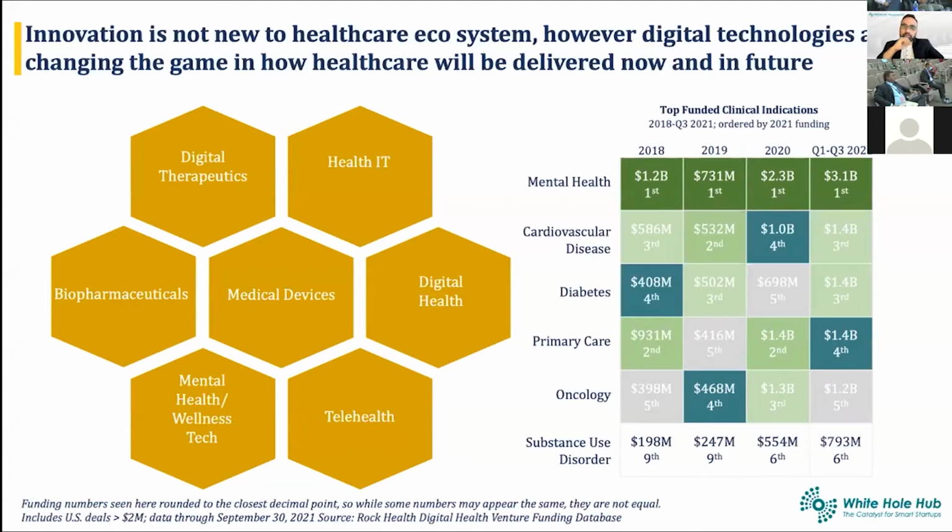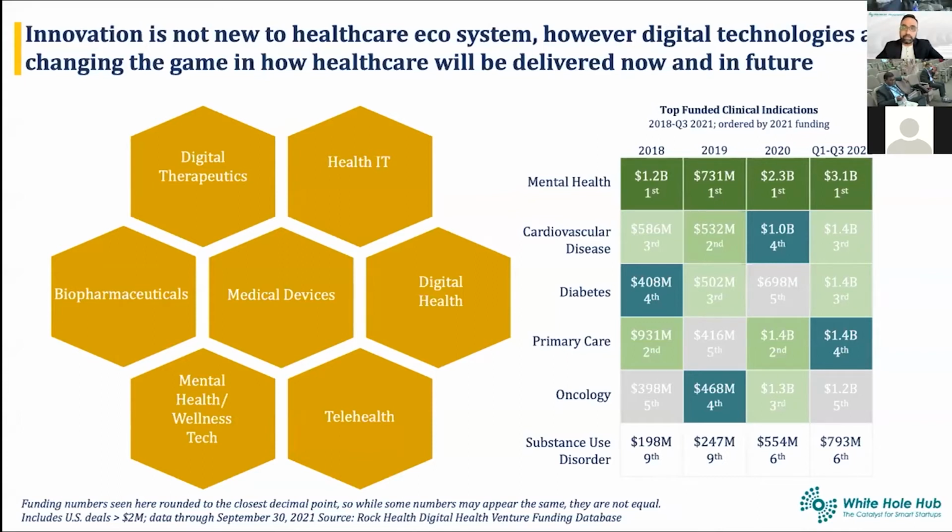Now, I was looking at what's going on with the money, because money follows, and wherever the money is going basically gives some indication of where the actual innovation is happening. In terms of clinical indications, mental health has taken the largest share of the funds in 2018, 19, 20, and even today. $3 billion is being funded to early stage startups in the mental health space, followed by